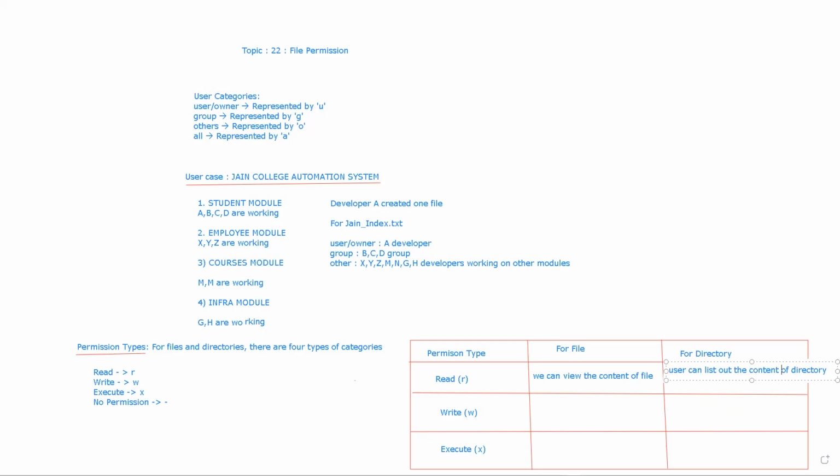What do you mean by list out the content of the directory? We can use the ls command. So the ls command is allowed in case of read.